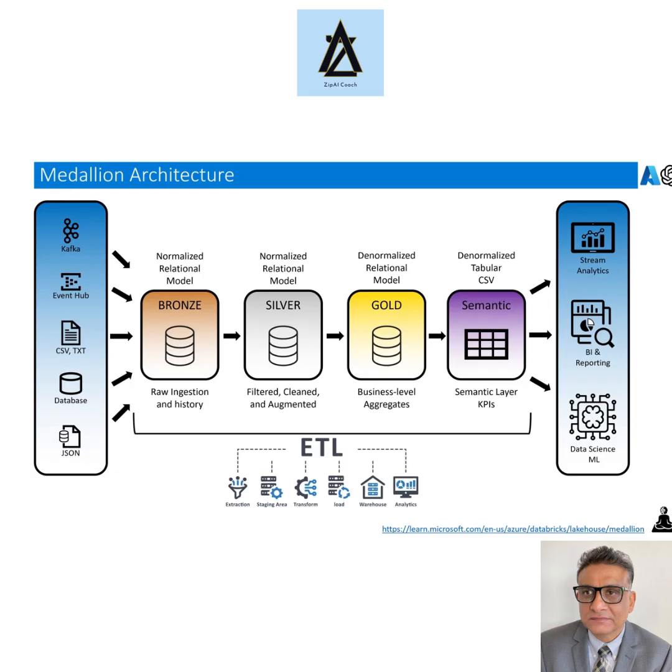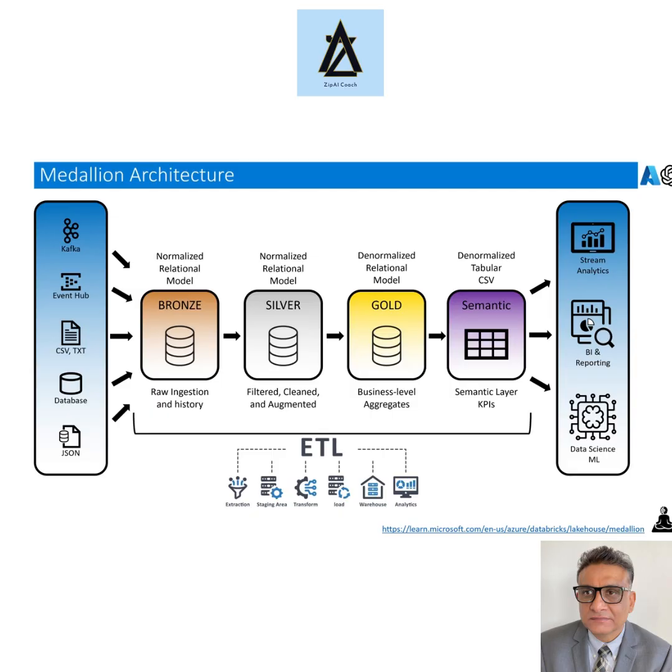it looks like. If you see at the bottom, the traditional ETL, you have extraction, you have some staging area, and then you transform and load it into a warehouse to perform analytics. Medallion architecture is quite similar. On the left, you see various enterprise data sources which support different data types and formats. You have events, you have files, you have databases, and then you have document databases if you are using a NoSQL-like database. So what you do